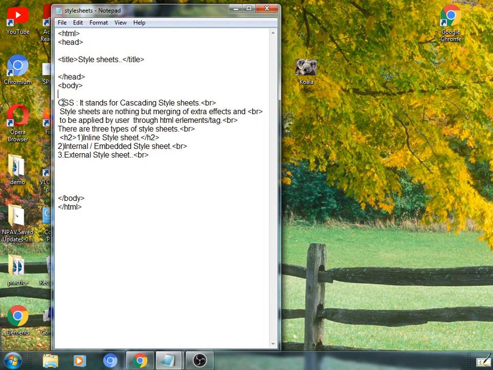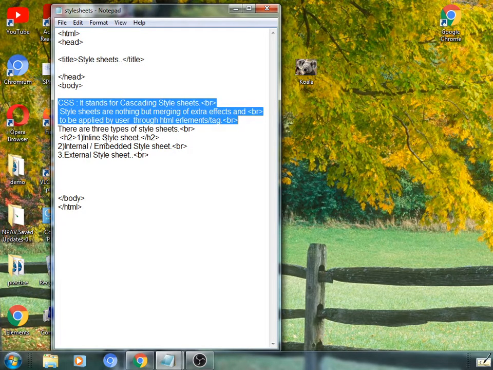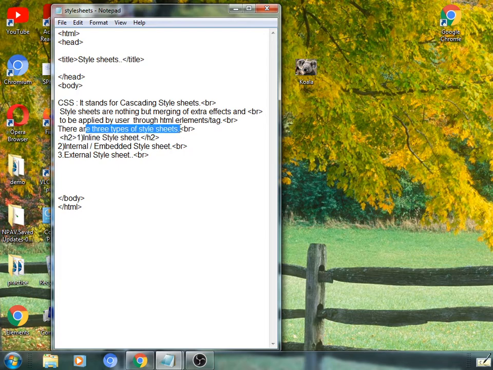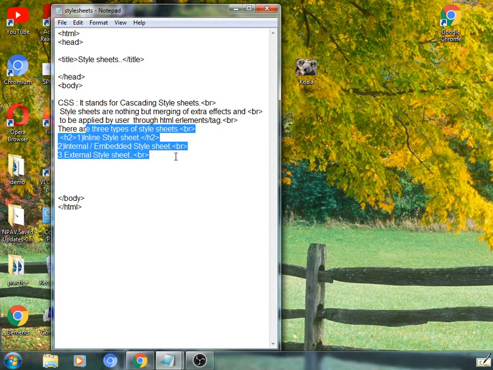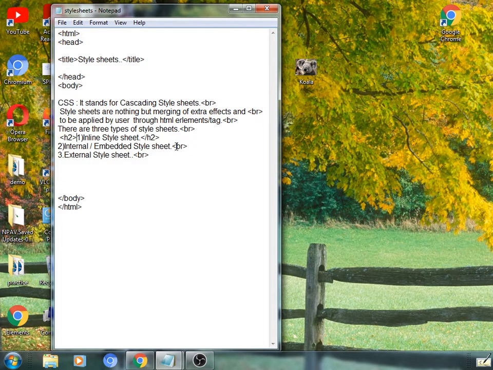It consists of information about cascading style sheets as well as their types, such as inline style sheet, internal, also called an embedded style sheet, and the last one, the external style sheet.